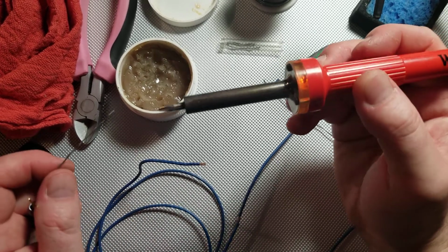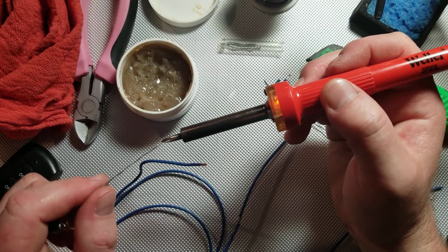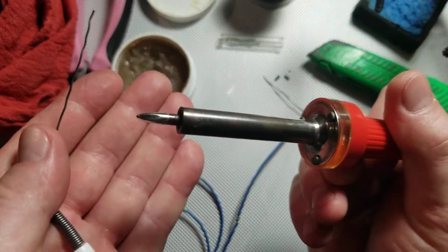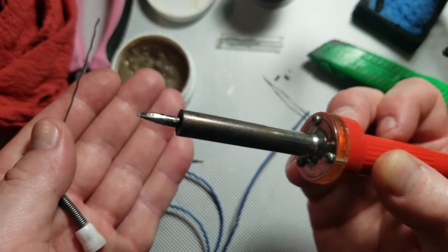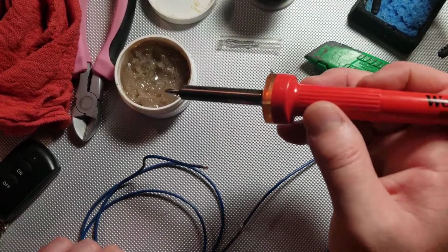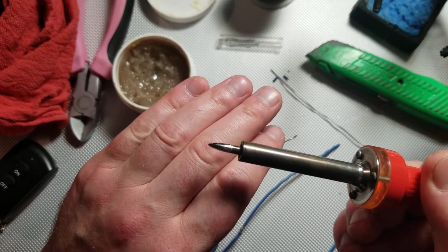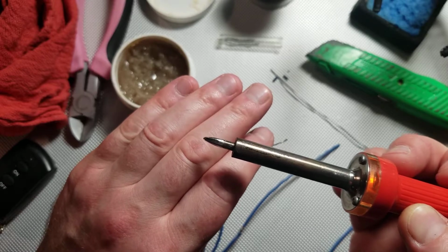I have my soldering iron heating up, and the soldering iron has a nice tinned coating on the tip. I can't stress enough how important it is to keep your soldering iron's tip clean. Very, very, very important. So, as it heats here, you'll see a little bit of smoke. That's a good indication that it's almost to temperature. I think it needs another few seconds, but